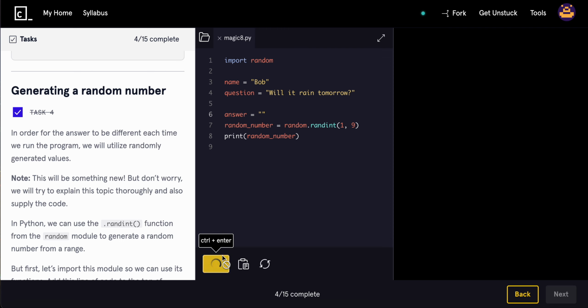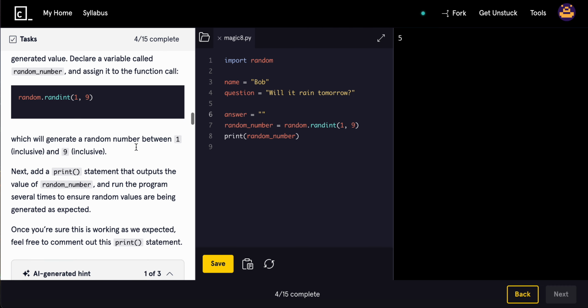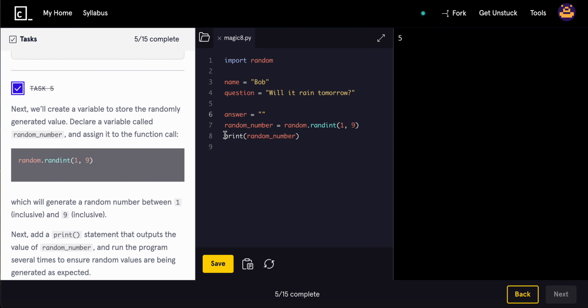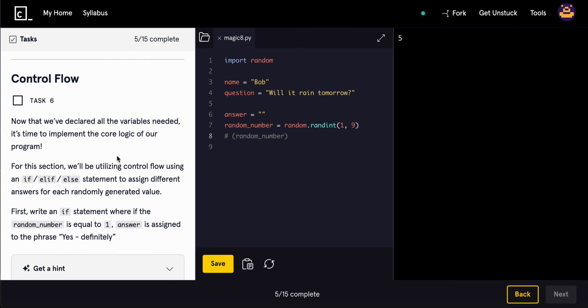Okay, 5, we get 9, 5, 4, 9, 6, 9, 9. Okay, randomly generating numbers, cool. Next, we'll create a variable to store the randomly generated value. Okay. Yeah, okay. Once we've done this, we just comment it out. Cool. And then now that we've declared all the variables needed, it's time to implement the core logic of our